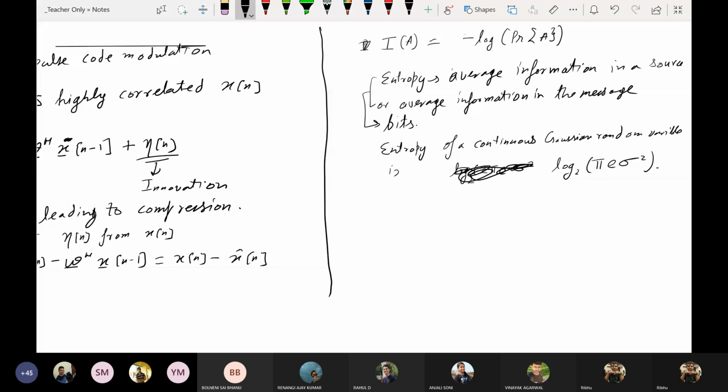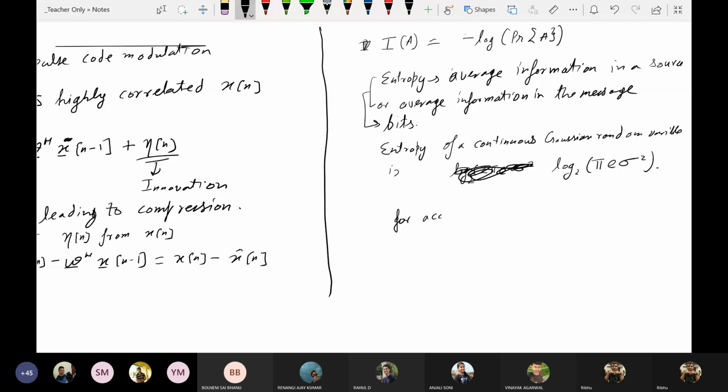I assume that I'm not proving this right now. In your information theory course, you will prove this maybe in a couple of weeks. So the entropy of a continuous Gaussian random variable is pi sigma square, or